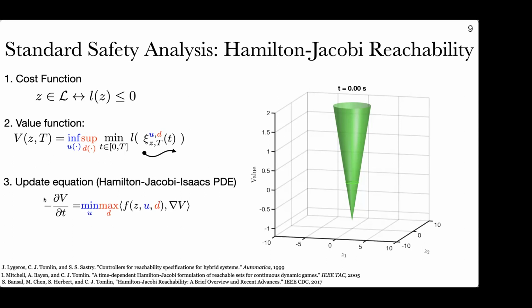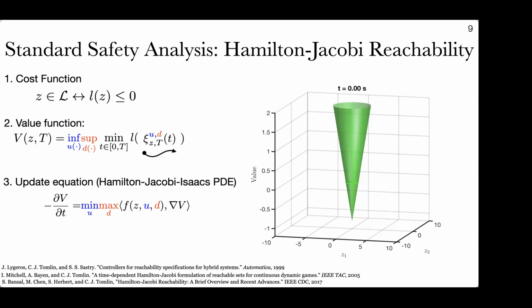Intuitively, this is saying that if I fix a point in space, the change in my value backwards in time, as I'm looking at propagating this backwards in time, is going to be based on this, which is called the Hamiltonian. This is saying that my control is going to try to move and minimize along the gradient of the value functions, trying to do gradient descent towards the goal. But it can't necessarily go directly in the direction of the gradient.